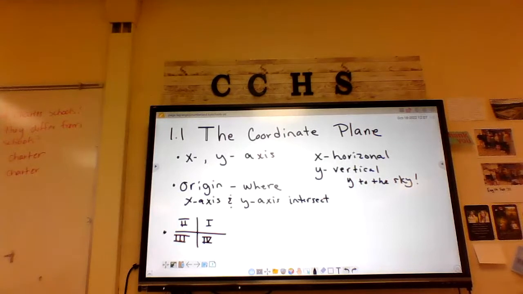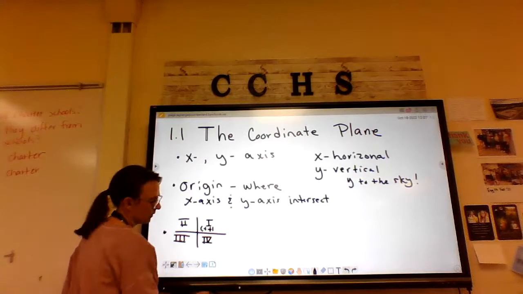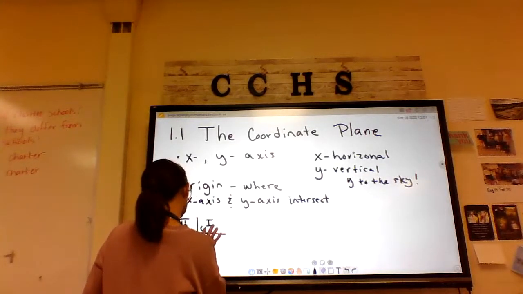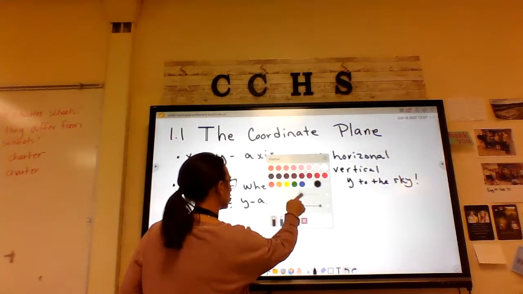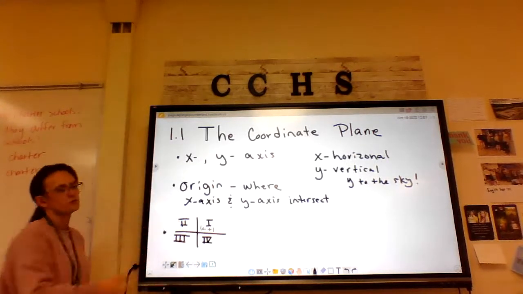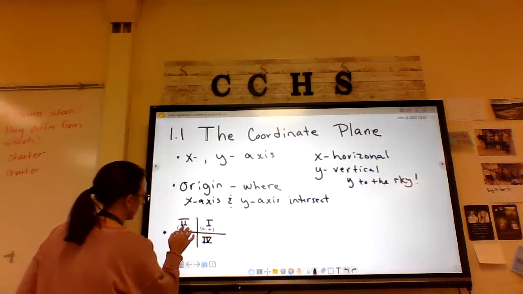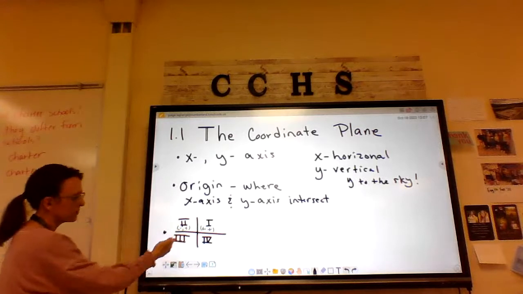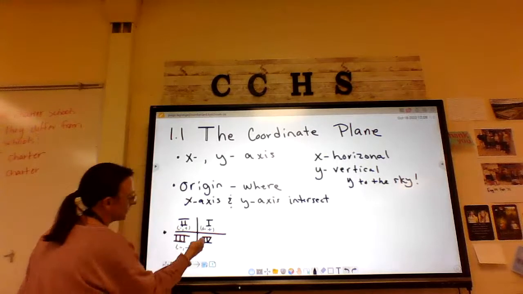Good. So we know what it is. We know what it looks like. We know basically its parts. We know that the coordinates in this quadrant are all positive, right? Positive, positive. So in this quadrant, we're positive, positive, right? What are we in this quadrant? Negative, positive, yep. This quadrant, negative, negative. And this quadrant,